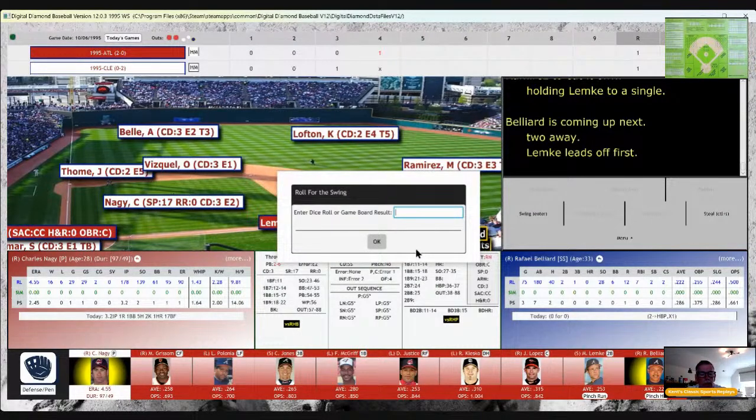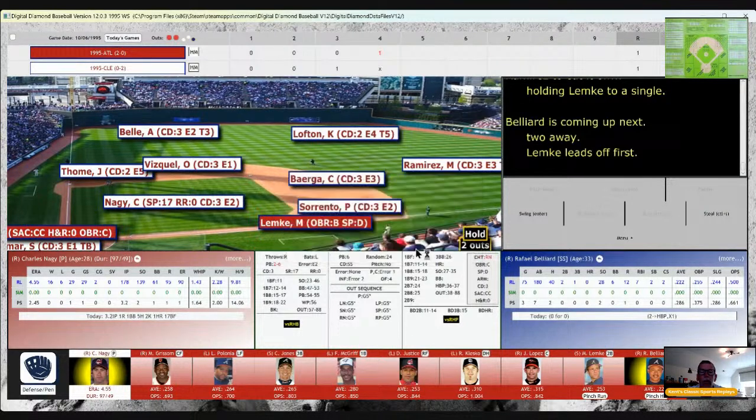So that's a 2BF8, R1. And that's going to be an RBI scoring double.